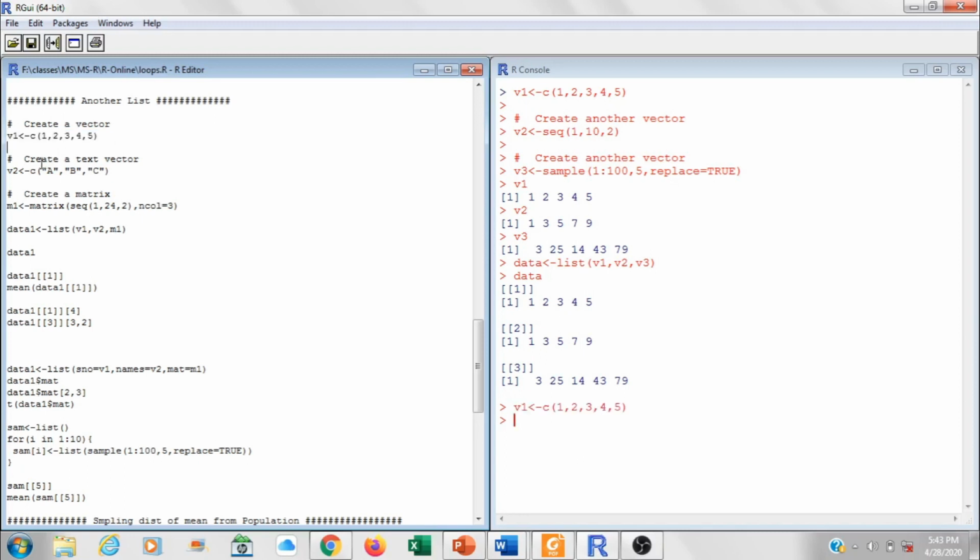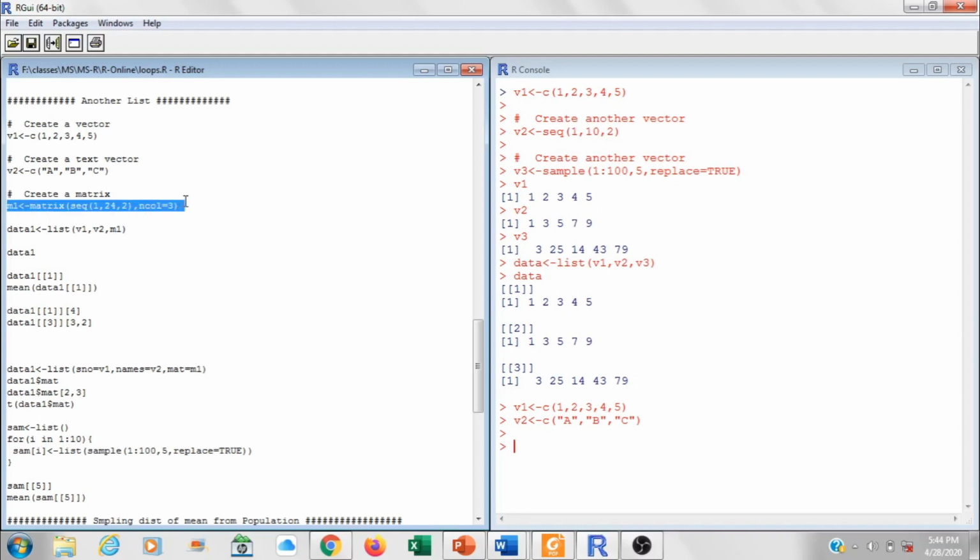Again create another type of vector, let's take a text vector V2 having these characters A, B and C. And the third element, let's generate a matrix of these 12 numbers, creating a matrix of the dimension 4 by 3 and assigning it to the variable M1.